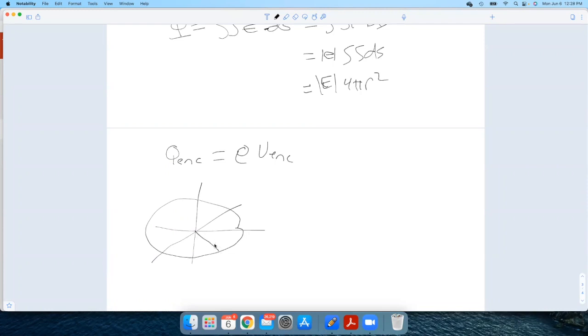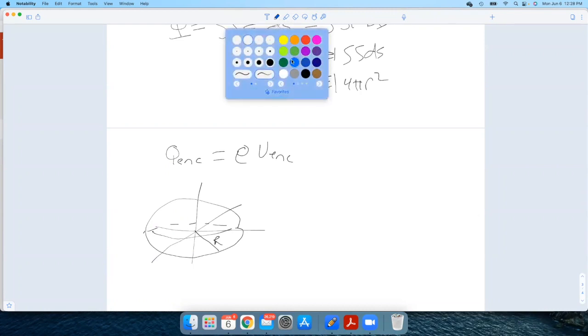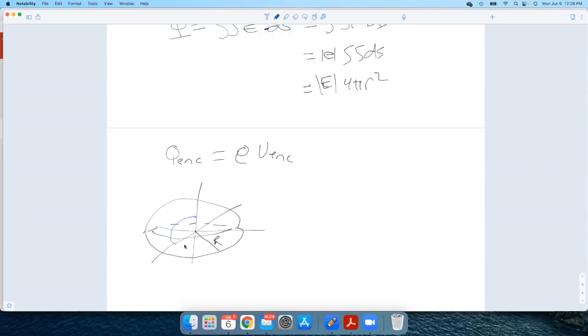Here's the total R. And then I've got my little r inside. That little r is not showing up. My charge density